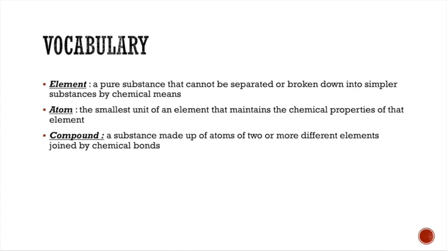Next is a compound. What is a compound? This is where it gets kind of confusing because here I'm talking about elements and atoms, and now we get into compounds. So a compound is basically a substance made up of atoms of 2 or more different elements joined by chemical bonds. So basically, you can have a compound of different atoms of different elements, right? So you can think of NaCl, salt, as a compound because you have sodium atoms and chlorine atoms bonded together